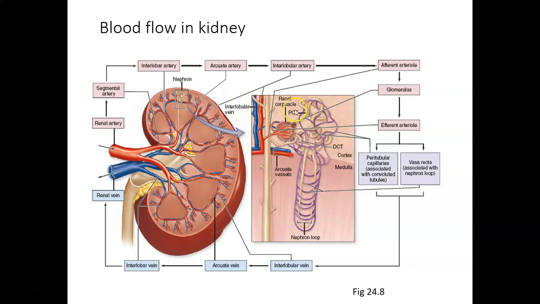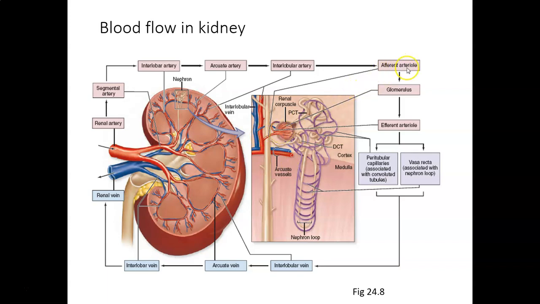So it's called the interlobular artery. From the interlobular artery, you can see the branch here. This is a zoom-in of the cortex and the cortical medulla junction. So you have the branch out from the arcuate vessel into the interlobular artery, and then it's going to turn